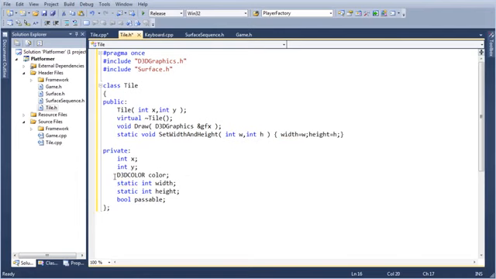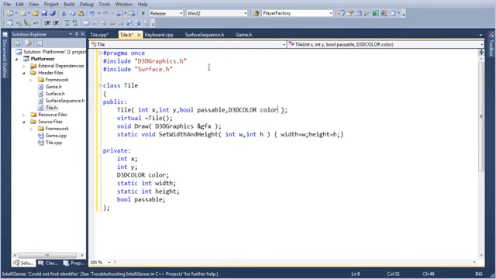Right. So we don't have to worry about loading up bitmaps. We just need bool passable and, no, not bool, D3D color.